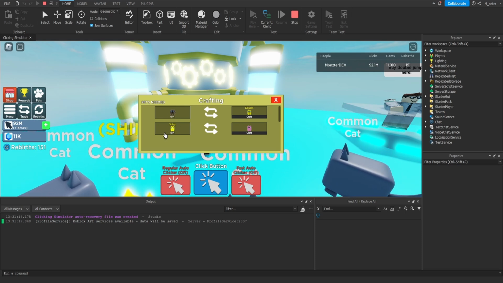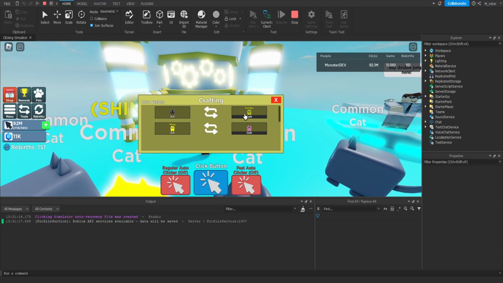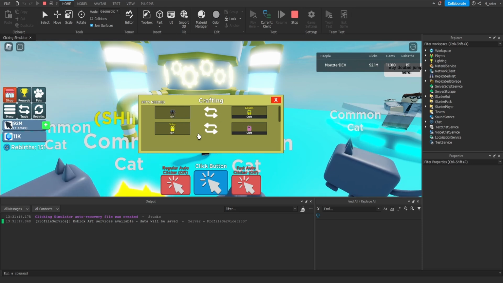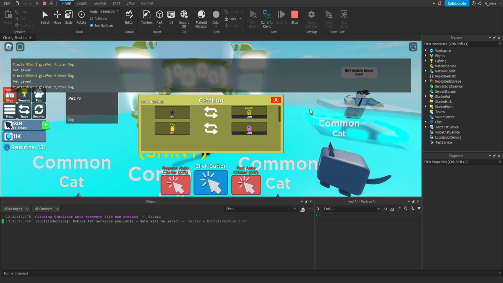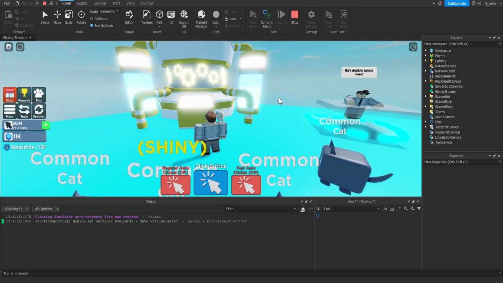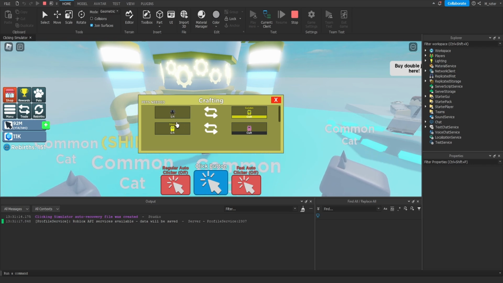And for this trade, we need 4 shiny cat pets, and the reward for 4 dogs is a golden cat, and the reward for the 4 shiny cats is a pig. Now let me go ahead and give myself a couple of dog pets. So let's go ahead and just give ourselves like 6 and reopen this GUI. And now when we reopen this GUI, we can see that we have 5 out of 4 dog pets, and